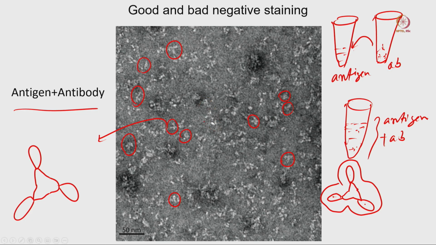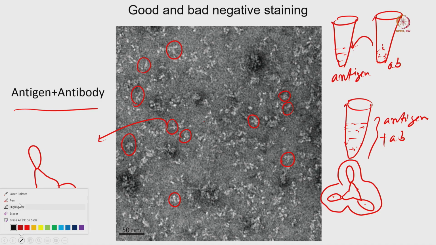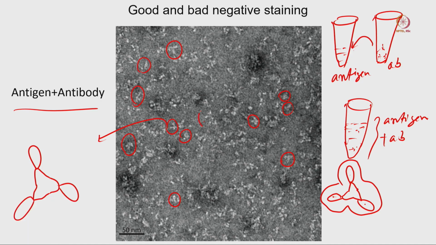Here you can look at that sample. At the center of the sample there are trimeric species like this one. If you look at the center, something is equivalent to this molecule, and then there are some extra densities attached here. Those may be the antibody or Fab complex. There are many like that. One is this one, one is this one, one is this one.